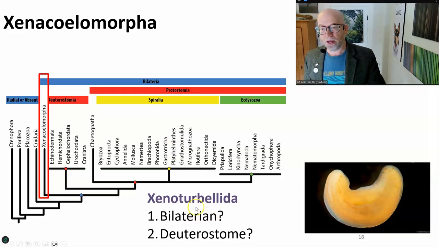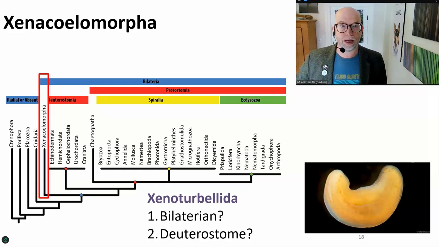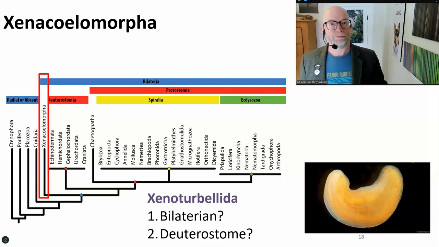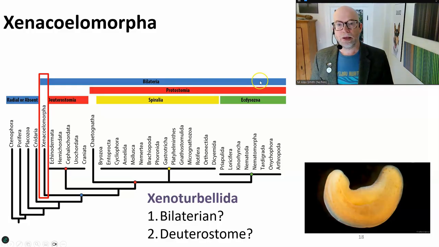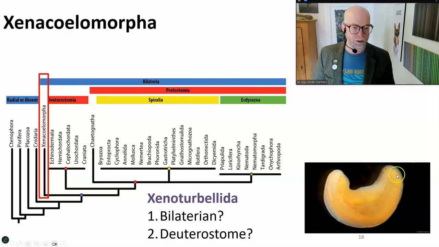So the Xenacoelomorpha, is it a bilaterian or is it a deuterostome? That's essentially the mystery that we need to solve, that we've been trying to solve as invertebrate systematists for the past 10 years. And I have some answers for you. But the first thing I'd like to do is to go backwards a little bit and talk about the history of this little fellow, Xenacoelomorpha bacchi,